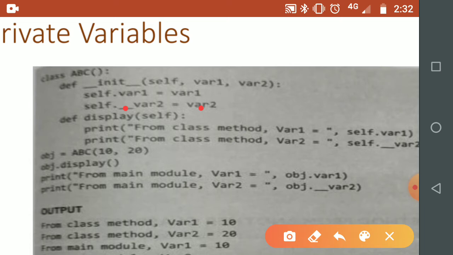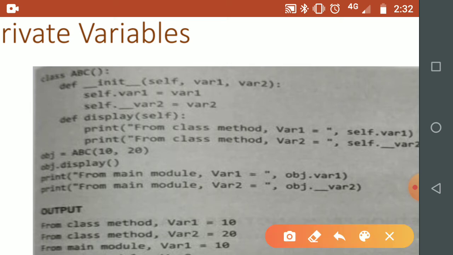Now this __var2 is a private variable of which object? Look at the self. Self is a reference to the current object, and the current object is obj. So this self.__var2 is an object variable of this obj object and it is private. This var1 is public.